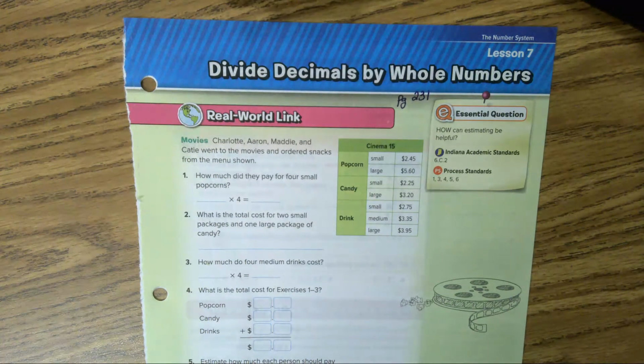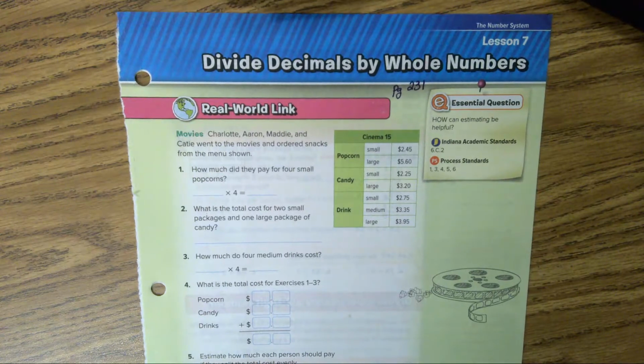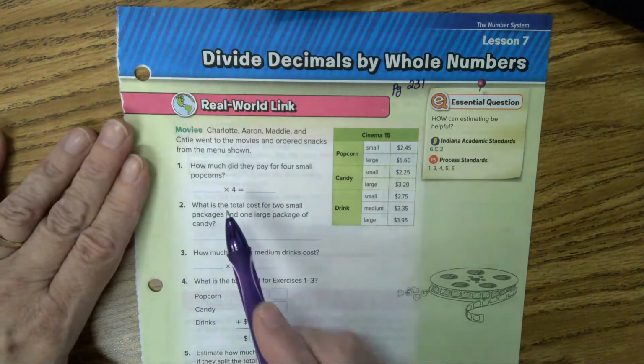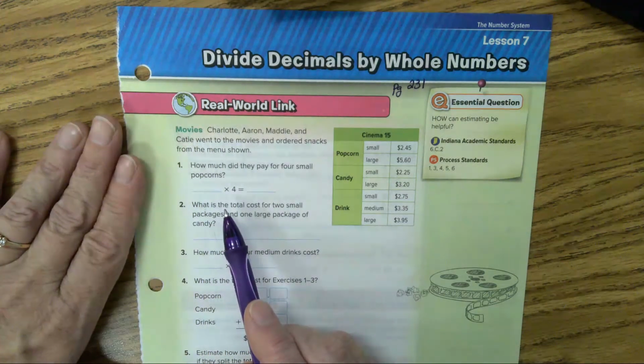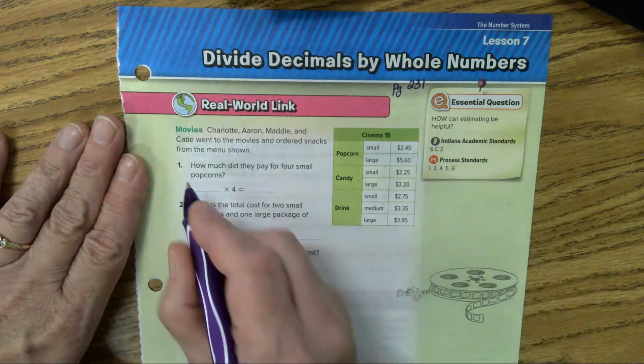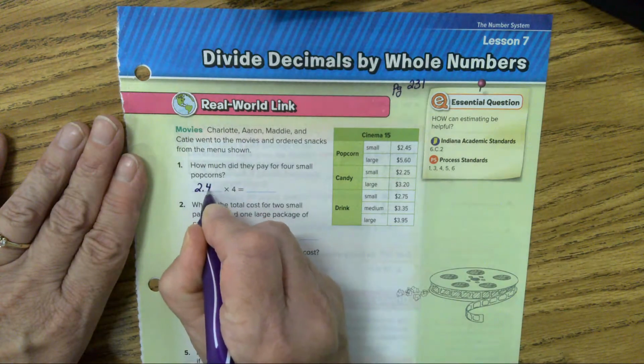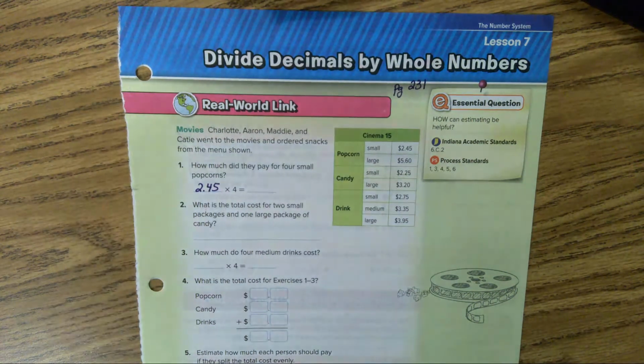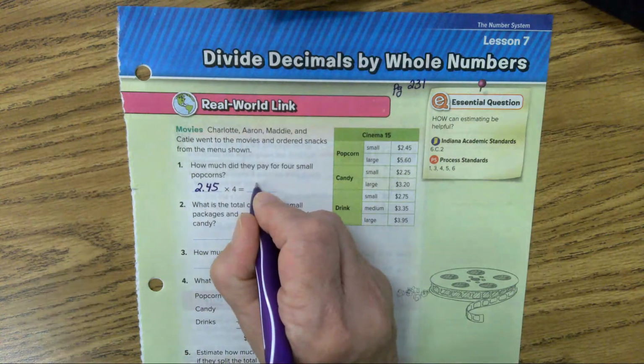Okay, let's look at our real world link. Charlotte, Aaron, Maddie, and Katie went to the movies and ordered snacks from the menu shown. How much did they pay for small popcorns? Well, they must have each gotten a popcorn because we're taking it times 4. A small popcorn is $2.45. Put that down. And when you multiply $2.45 times 4, the product is